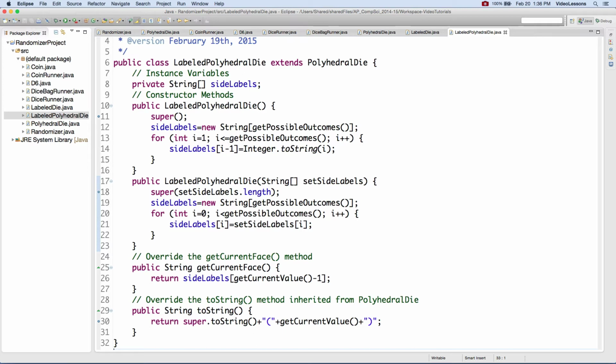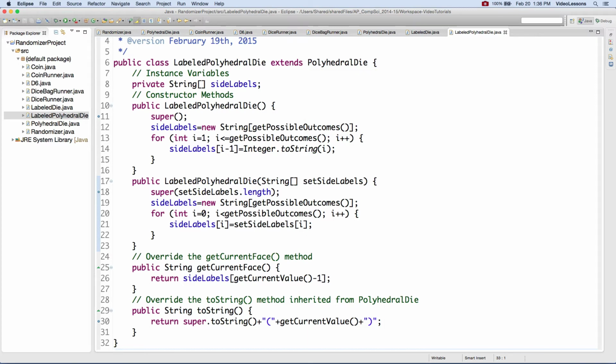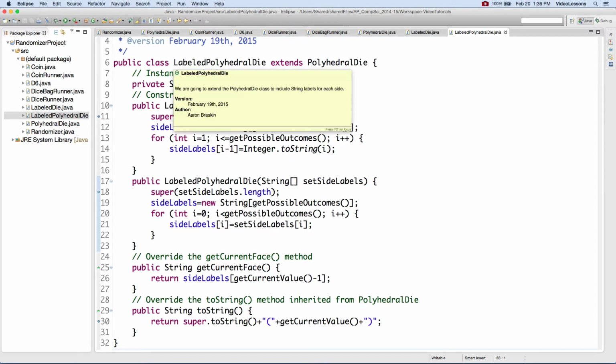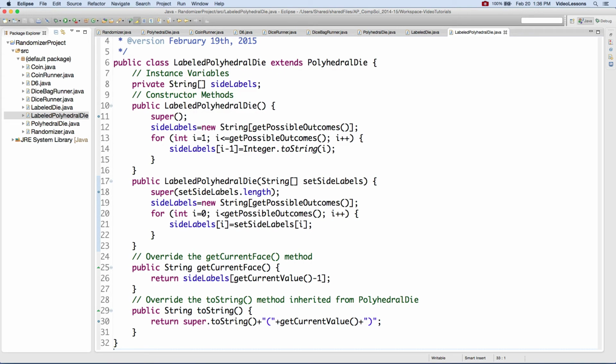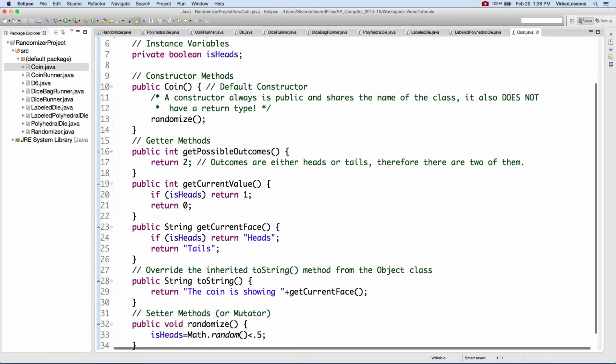In our last lesson, we learned how we can extend one class and then gain the benefit of code reuse by taking the methods that we don't need to alter and using them in our current class. Today we're going to learn another level of code reuse that we can leverage to again shorten our code and maximize code reuse. So if we go all the way back to our coin class and we look at these